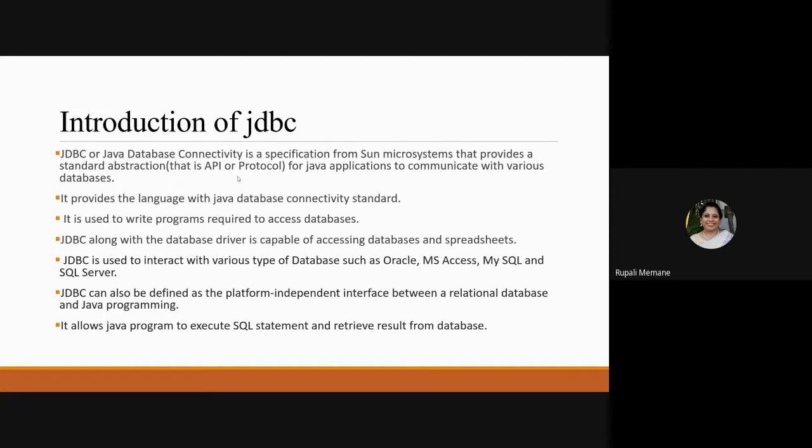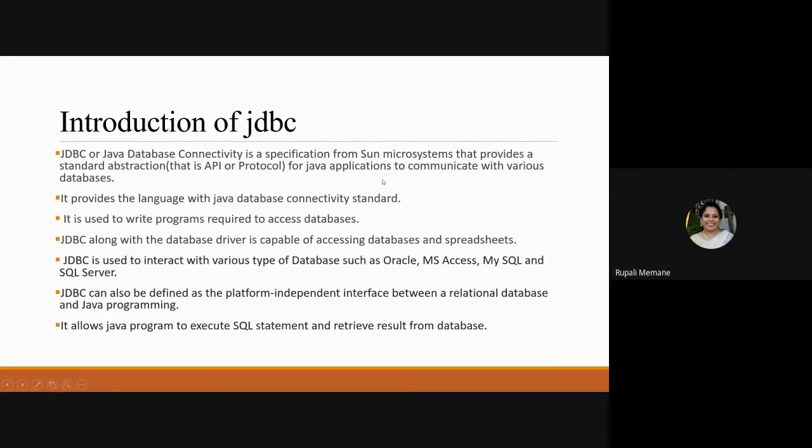So we were doing the introduction of JDBC. So if I have to connect, here what you're going to do is, you have the user interface, you have the front end, which you have created maybe using console, or you are going to create it using your GUI, Swing and all, and then you have to connect the backend. Now you have already done PostgreSQL, RDBMS. So there you know how to create the tables, how to insert the values, how to update the values, how to delete the values, and so on. So I'm going to connect my backend, which is going to be PostgreSQL, MySQL, and I'm going to connect it with the front end. So that is where your JDBC is going to come into the picture.